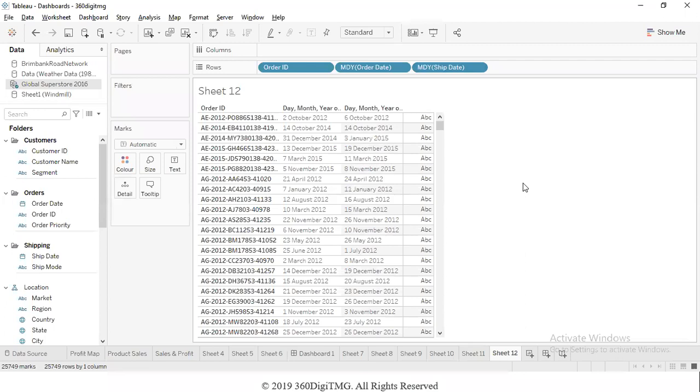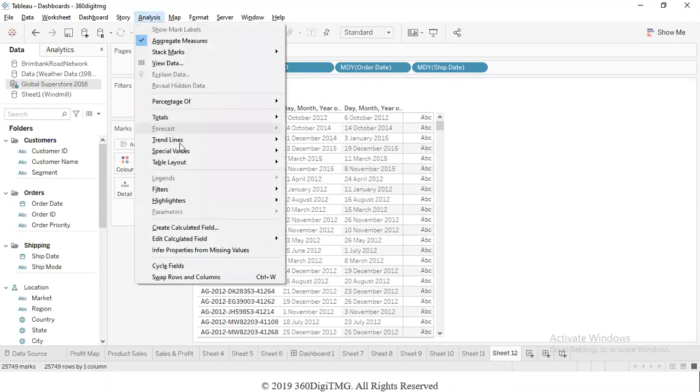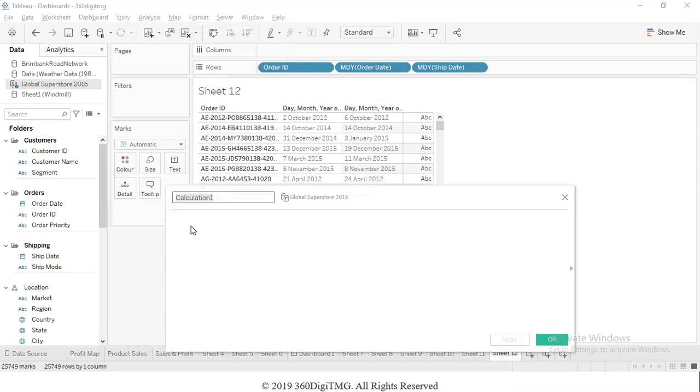Now, let us say we have to compute how many days it took to send out an order that was placed. Here it has taken 4 days. Here it was sent on the same day. Here it took 3 or 4 days. Here it took 6 days. So we know how many days it is taking for them to send out an order. But let's say we have to show that difference. In such cases also, calculations will help. So we want to get the number of days to ship an order that was placed.